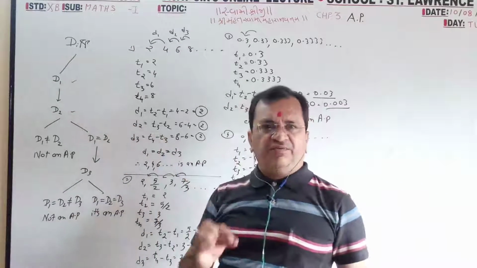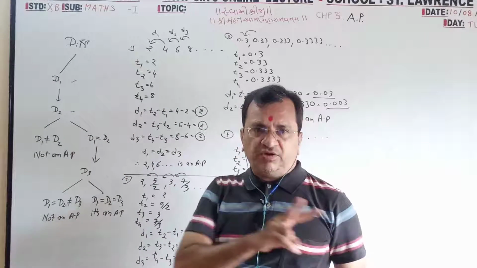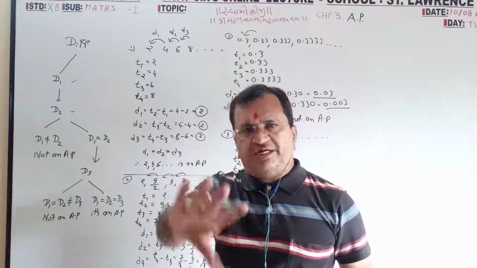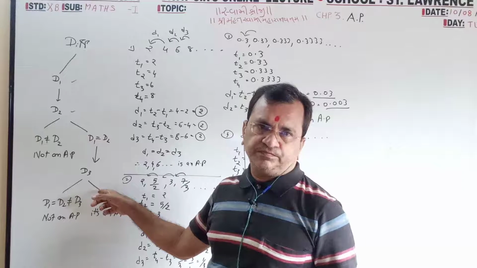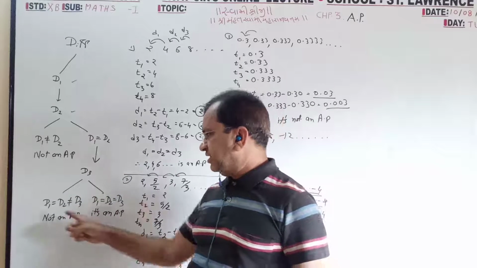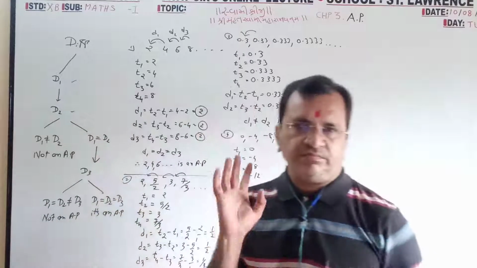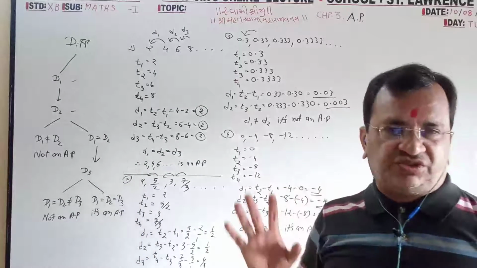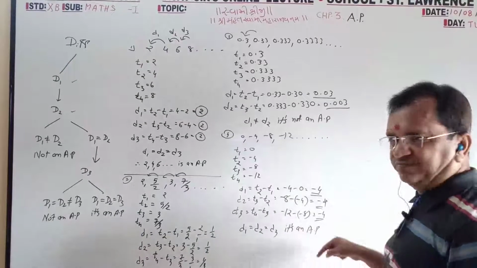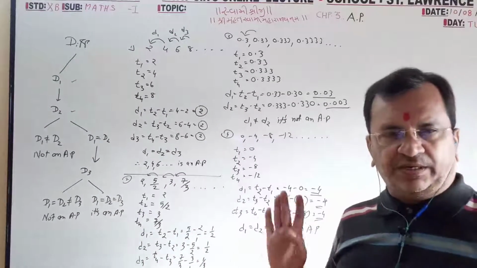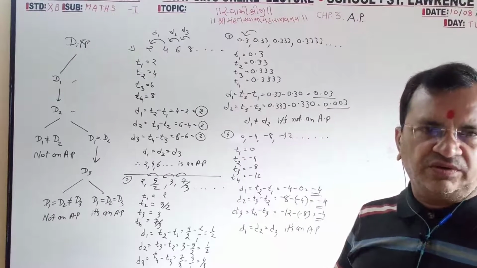Again, first we have to find out D1. You can't take the decision, yes or no. Find out D2. There are two possibilities: both are equal, or both are not equal. If both are not equal, simple, you can take the decision, it is not an AP. If both are equal, go for the third. Again, two decisions: if these two are equal but the third is not equal, it is not an AP. You can write yes only when all three are equal. If any one is mismatched among the three, it is not an AP. All three must be equal, 100%. Otherwise, no.